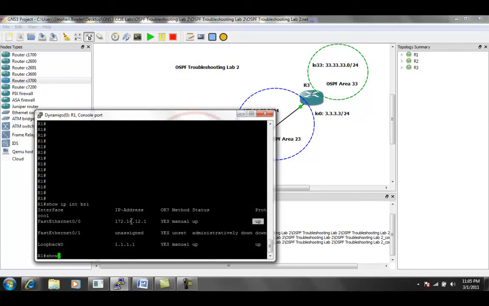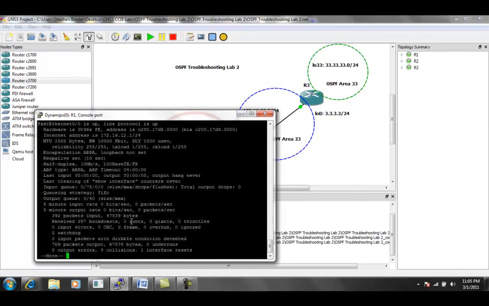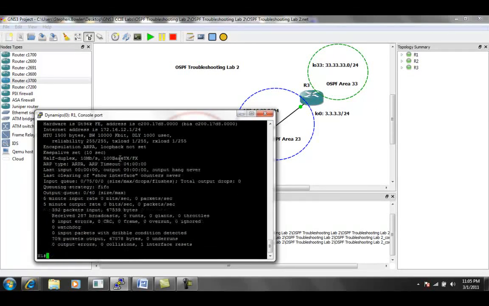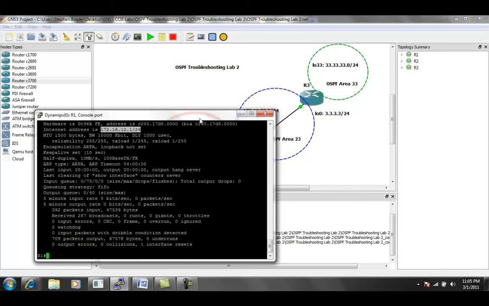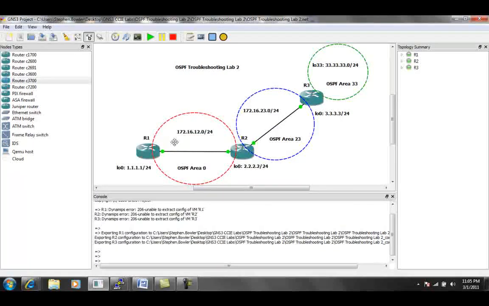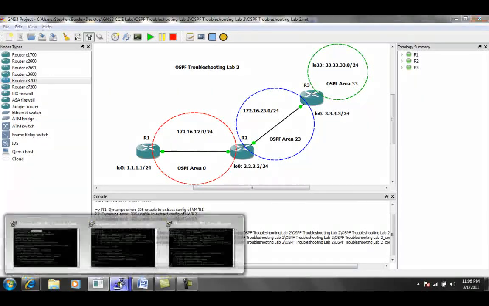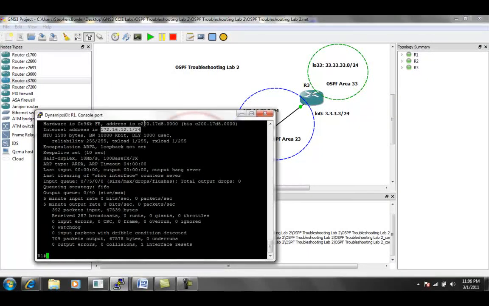We can also do a show interface FA0/0, and again this is going to tell us the physical link is up, line protocol is up. It's going to give us the IP address and the subnet mask. Again, this is a broadcast multi-access network type of Ethernet. So in this specific OSPF network type,